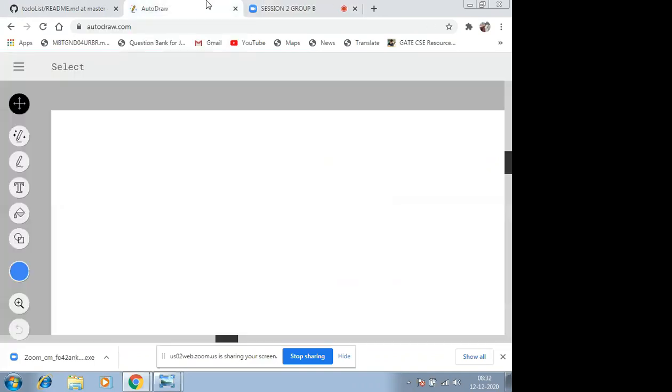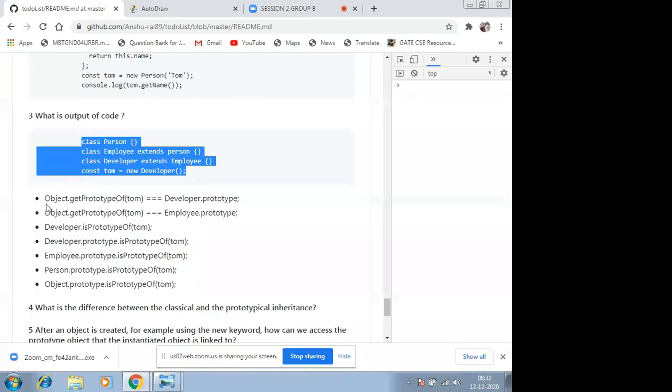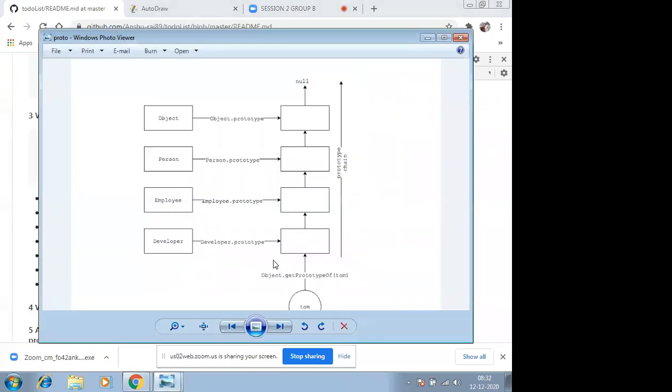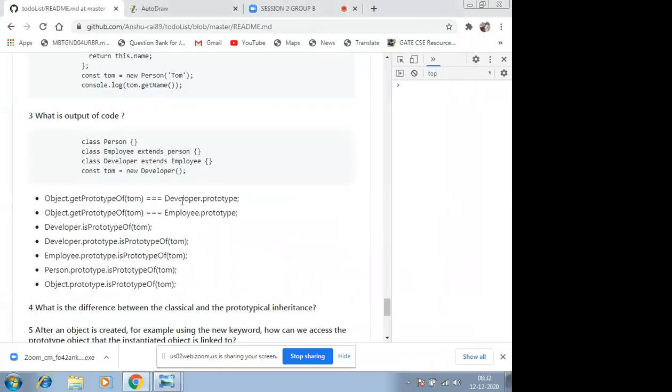Cool. So Samvi, tell me the answer to the first thing: is Object.getPrototypeOf(Tom) the same as Developer.prototype? To be more specific, if you see the diagram, I am asking whether the Developer prototype and the Tom prototype are the same or not.